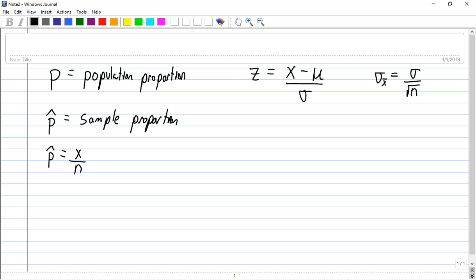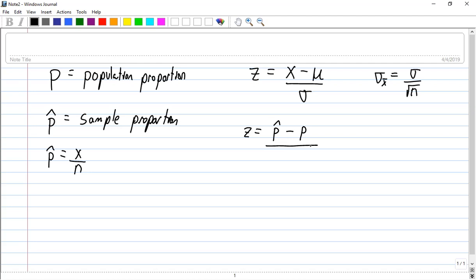So instead, we're going to have a p hat. That's what comes from the sample. So our new z-score is going to be p hat minus, and before it was the population mean, now it's the population proportion. So it's going to be p hat minus p